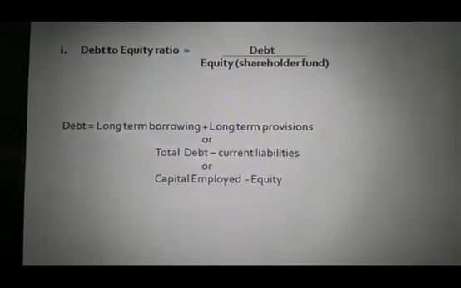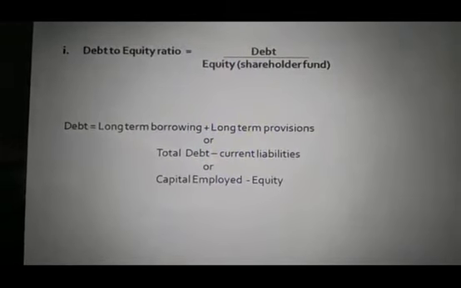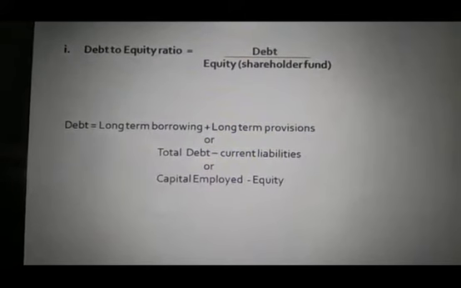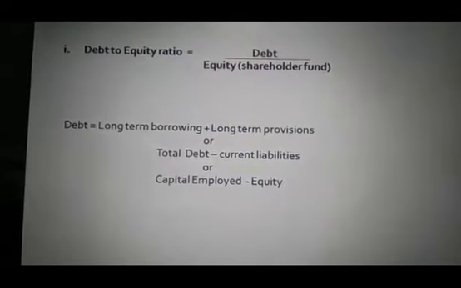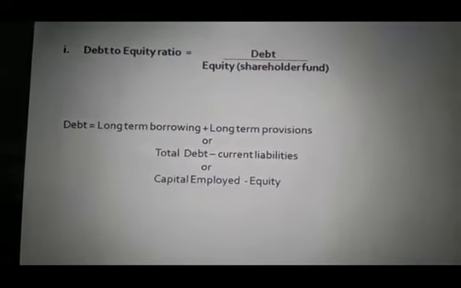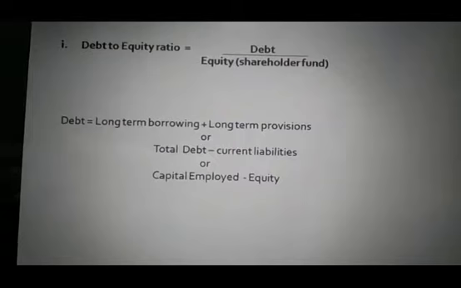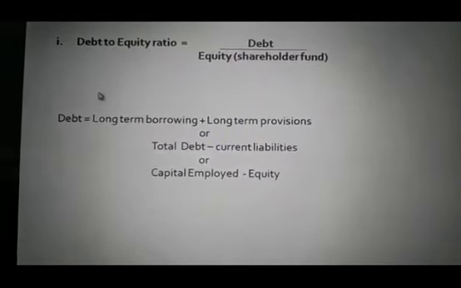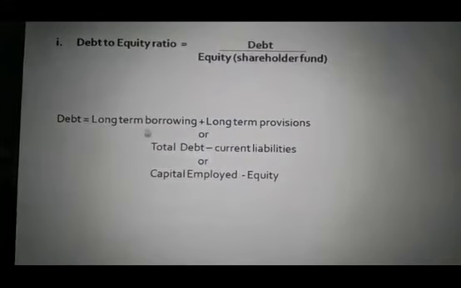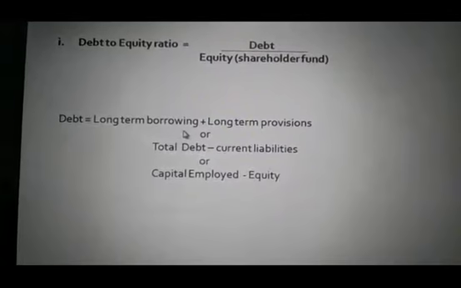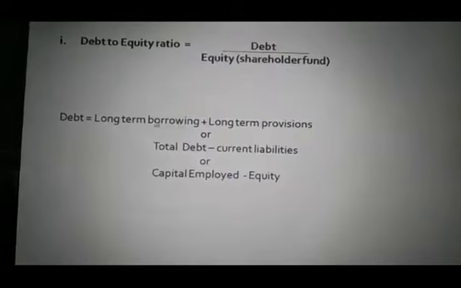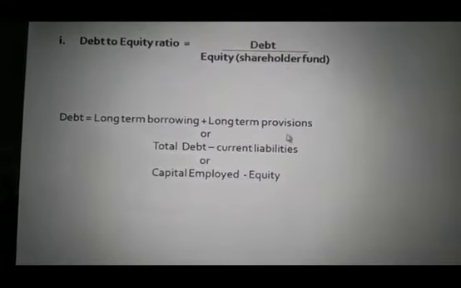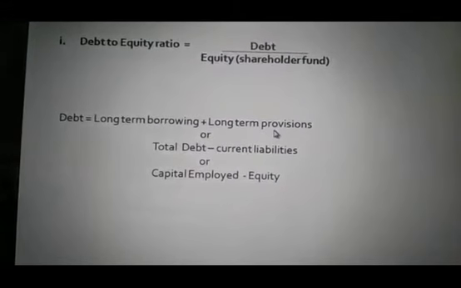Achha, how to find the debt to equity ratio? To find it, we have to first calculate debt and equity. Debt means the loan which we have taken for a longer period of time. For example, debt is equal to long term borrowing. This is the borrowing for more than 5 years, 7 years or 10 years. That's why it comes under debt. Long term provision maintained for more than 5 or 6 years is also covered under debt.